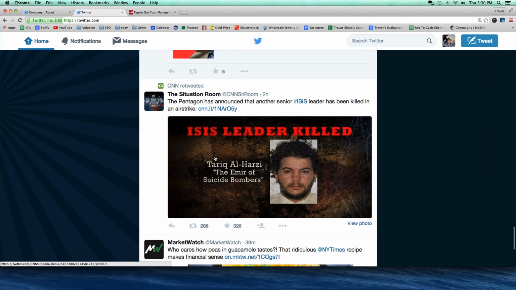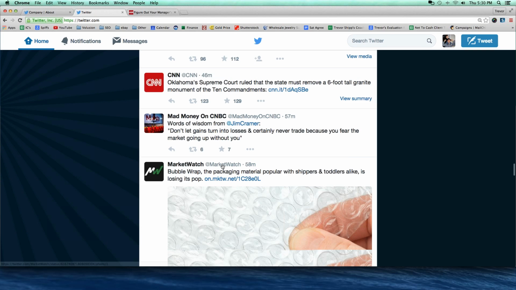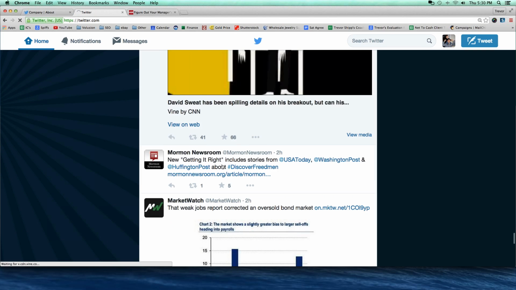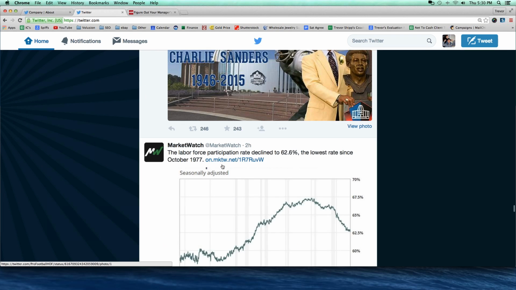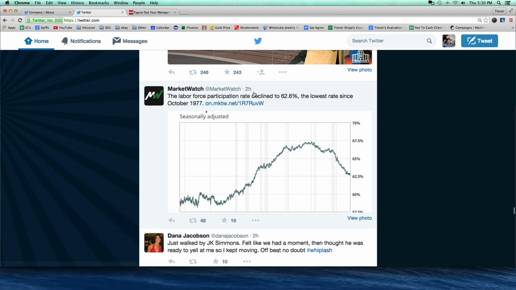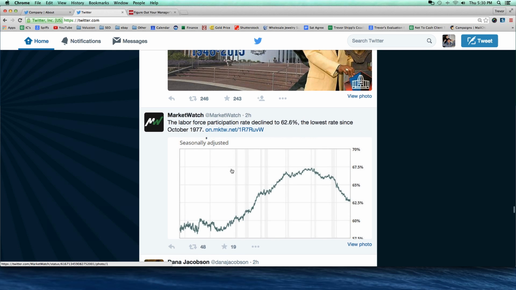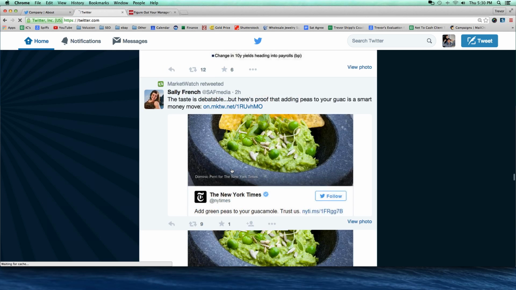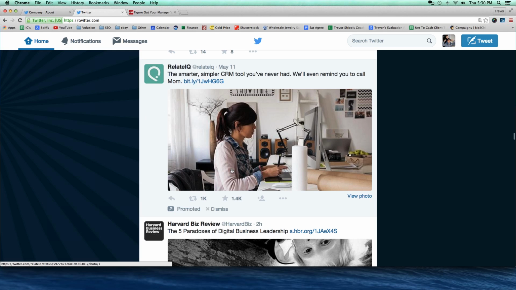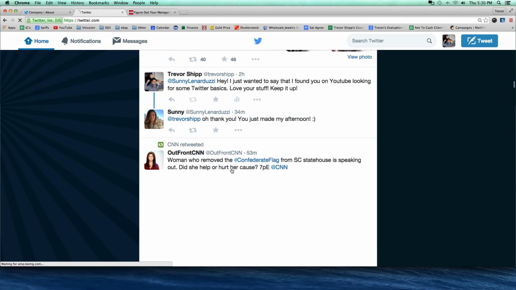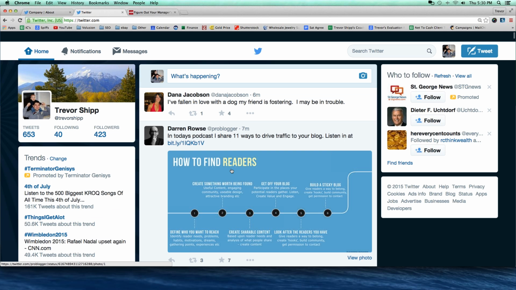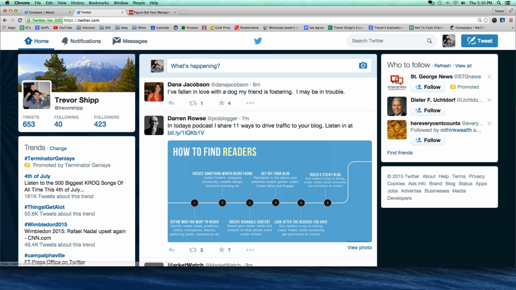Like let me scroll all the way down the page here a little bit, and you'll see what I mean. Like all this stuff, all the way down at the bottom of the page here, this was posted 2 hours ago from MarketWatch right here. This little labor force participation rate graph. Well, look how far down it is. Like I'm probably not going to scroll all the way through all of this. When I log into Twitter, I scroll through the first few things that I see, and then that's it.